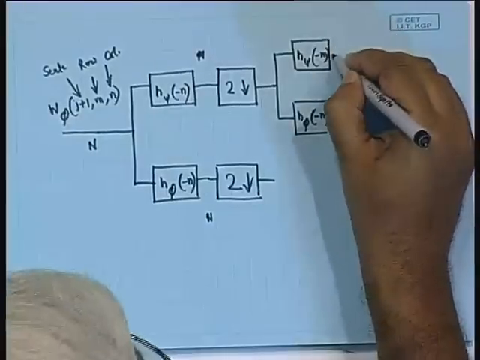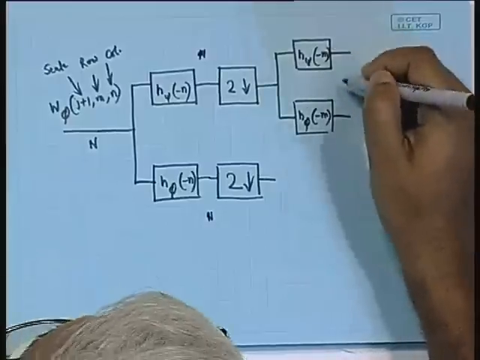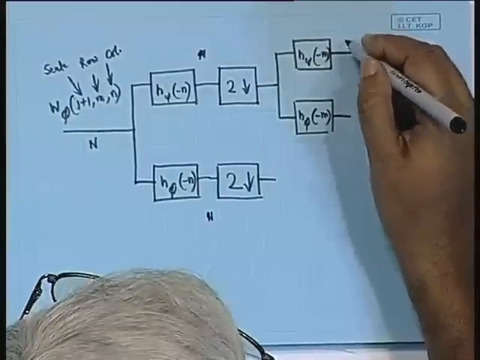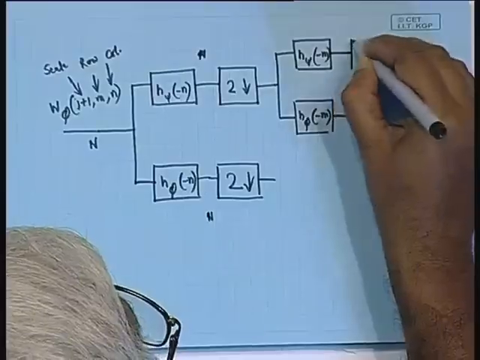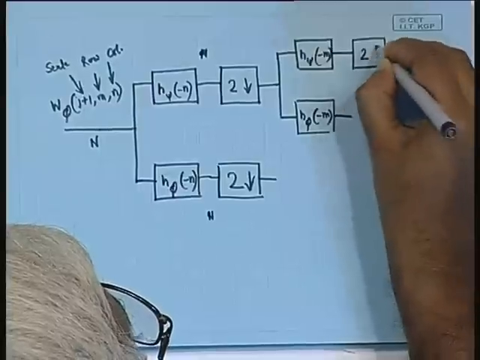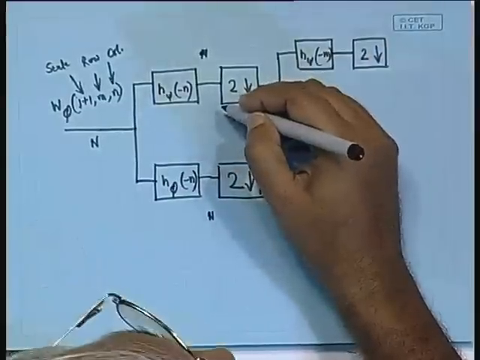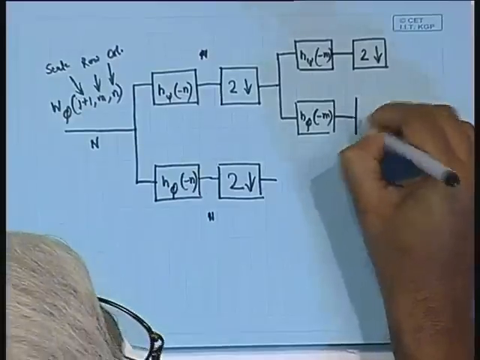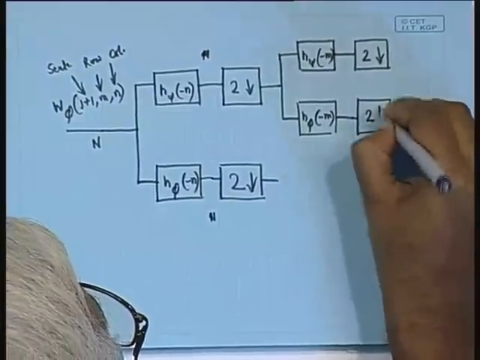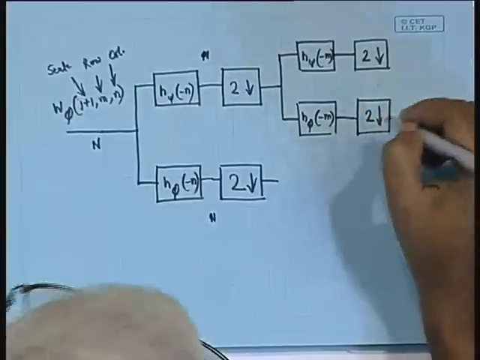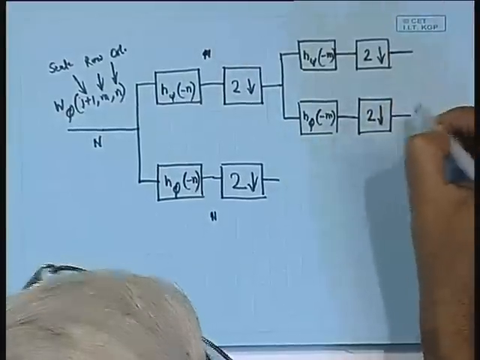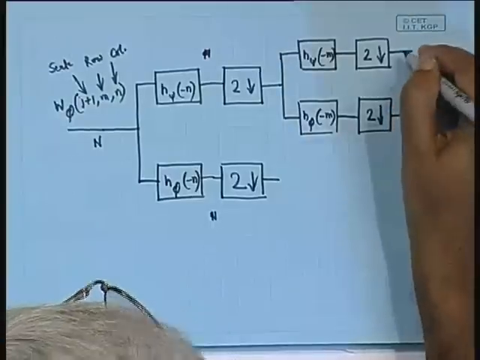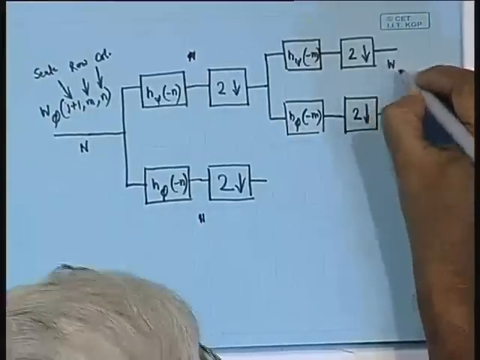Now, individually again each of these subbands will contain half of the samples. So, what we have to do is to subsample by a factor of 2, just like the way we subsampled in the direction of the columns. Here we have to subsample in the direction of the rows. So, individually these 2 channels we have to subsample, and we will be getting these 2 outputs. So, this we are going to call W psi